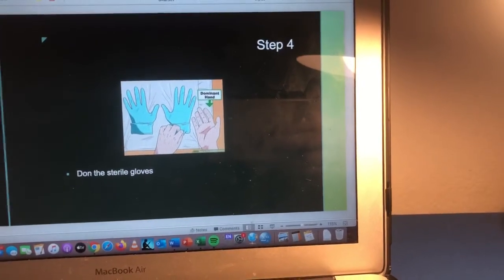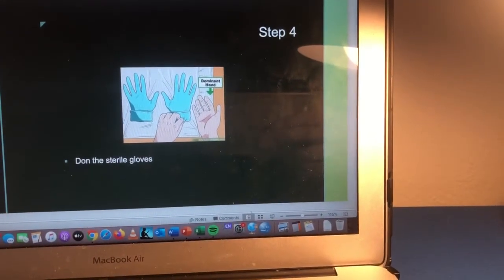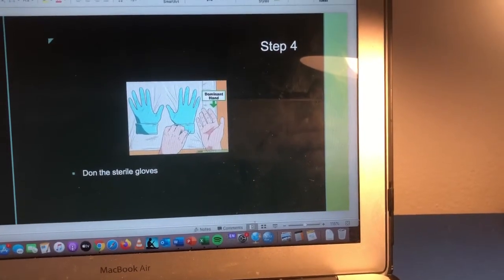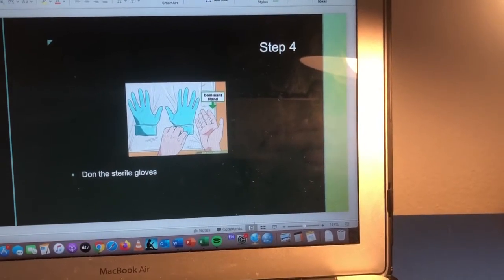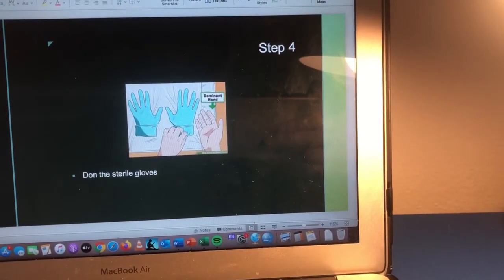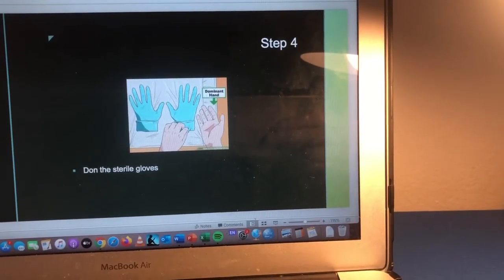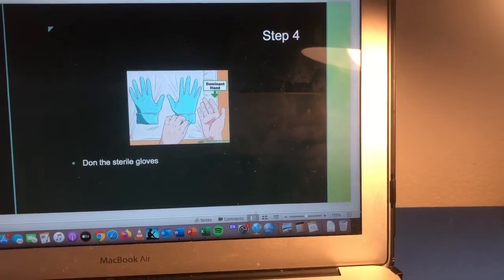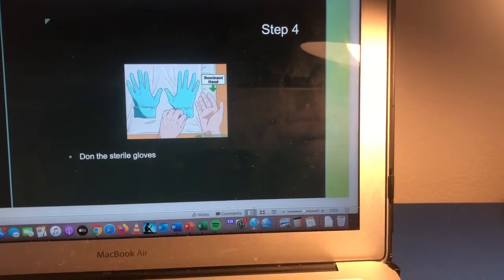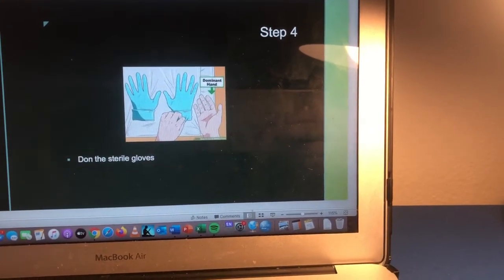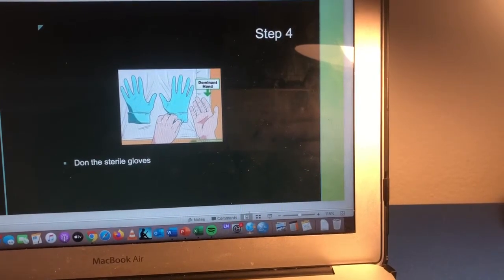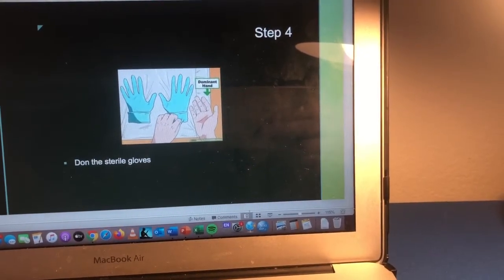Step 4 is to don the sterile gloves on. You start with the dominant hand. You take the inside of the sterile glove. You pinch it with your non-dominant hand, and you don the glove on with your dominant hand, and then you